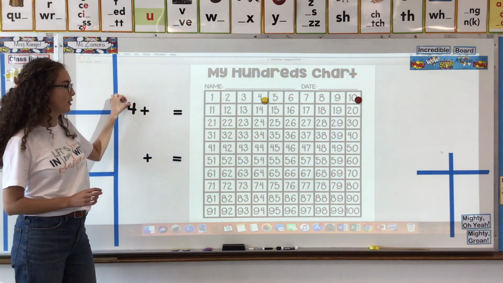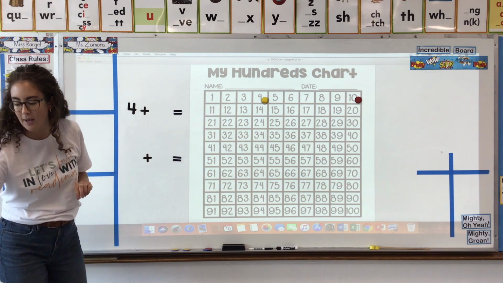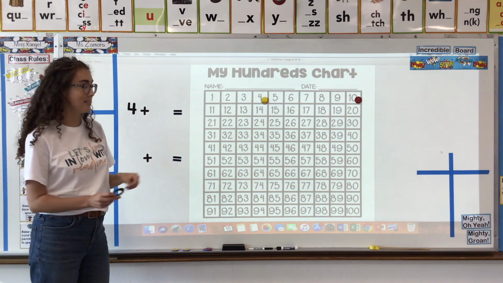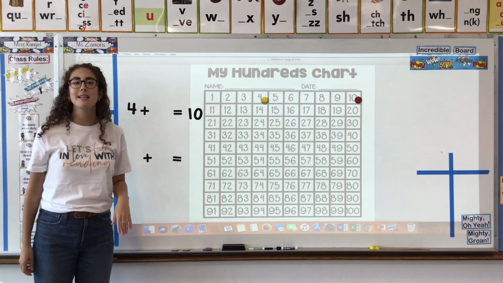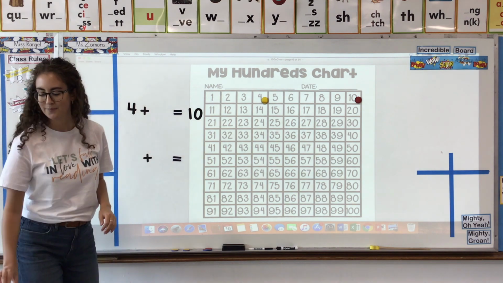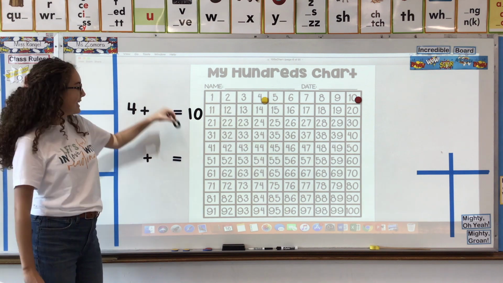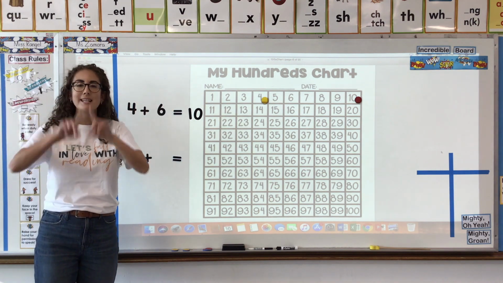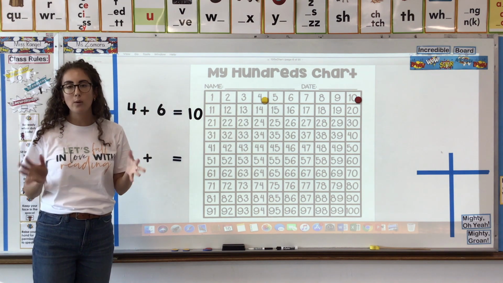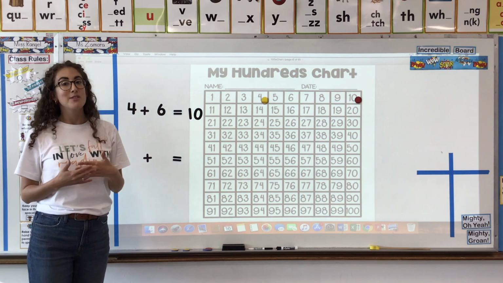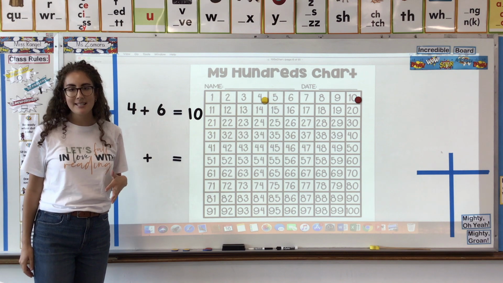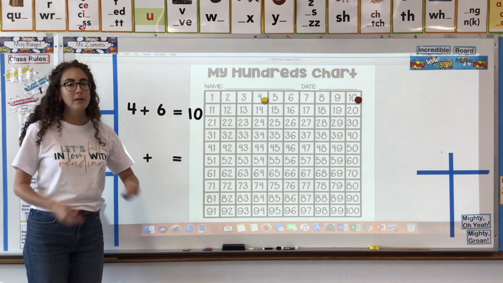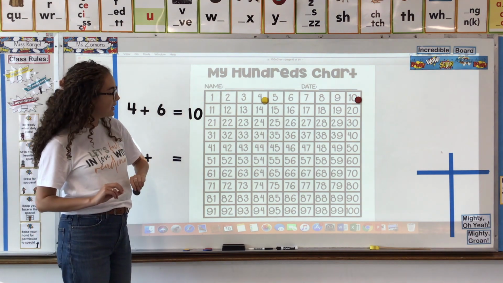So, Super Scholars, you can complete this by knowing your pairs to 10 knowledge. 4 plus what equals 10? 6. 4 and 6 are the pairs together that equal 10. So let's use this knowledge to find another number's next 10. Take a counter, another counter, and put it on the number